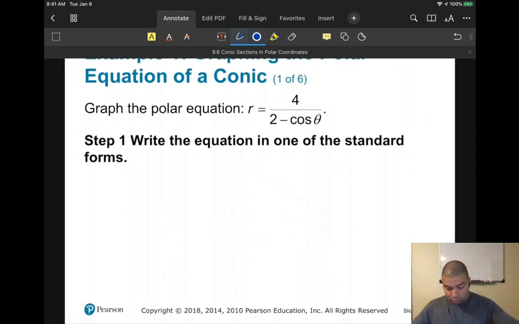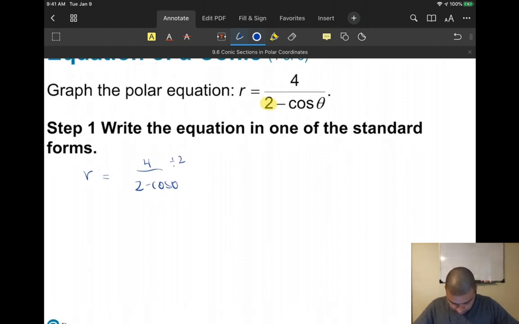So we have a polar equation we're given, and we have to make sure that this is a 1. To get a 1 here, we have to divide both the top and the bottom by 2. So divide by that number that's not a 1, and we make it a 1. So r equal to, we divide that by 2, so zoom in a little bit, and divide that by 2. So 4 divided by 2 is just a 2, 2 divided by 2 is just a 1, and then we